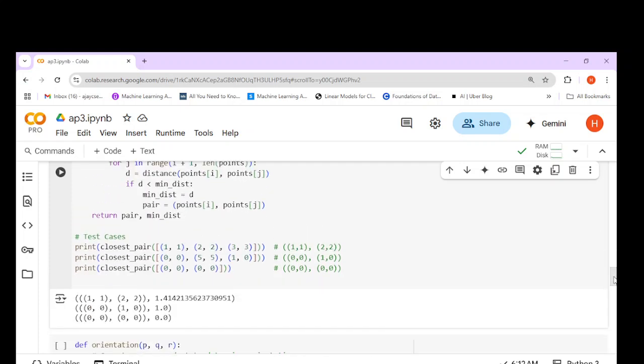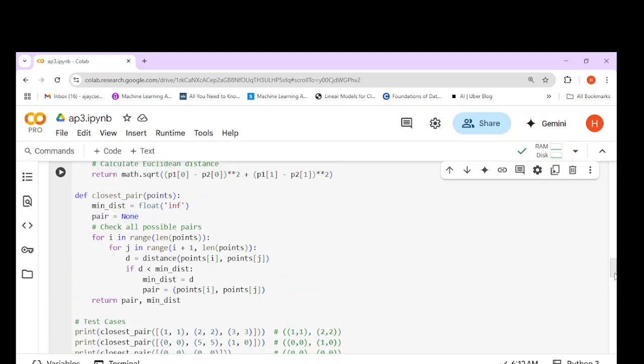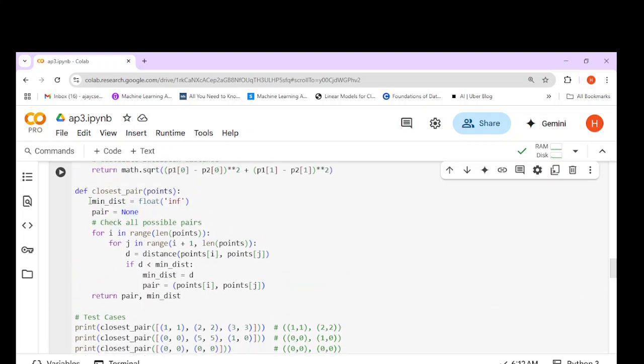So I'm getting 1.414. The next is here the distance between 0, 0 and 1, 0, which is nothing but 1 itself. And the distance between 0, 0 and 0, 0 is giving me 0. Now here, how is this particular thing getting calculated? So here initially minimum distance is set to 0. I have 1, 2, 3 points here. For 3 points,